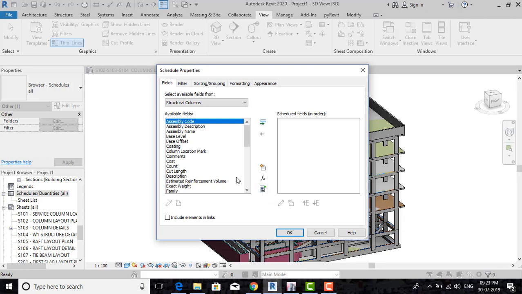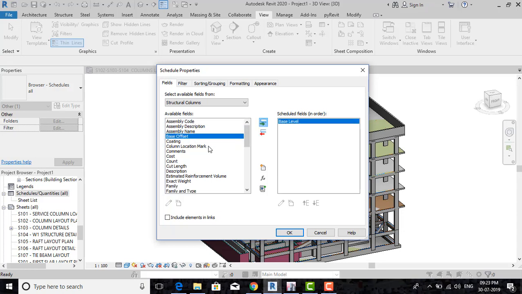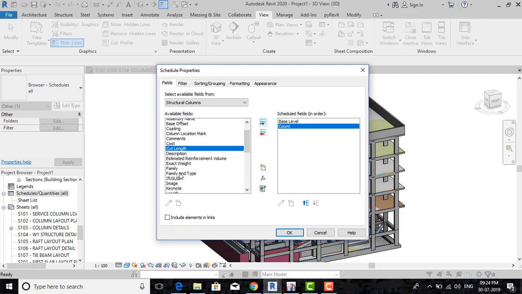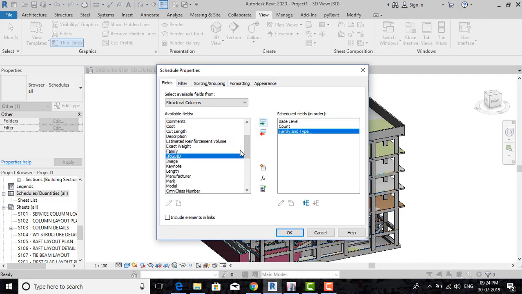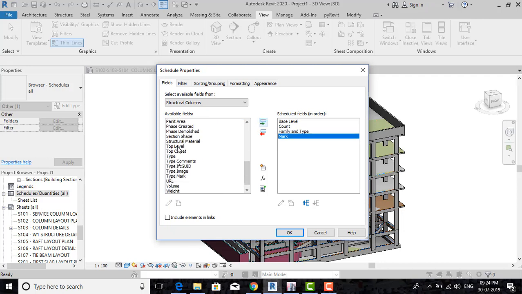So now for our structural column schedule, we need the base level of the column. To set out the columns on the site, the site engineer will be required to take the base level information, count, family and type, mark, top level, and the last thing is, where is that,